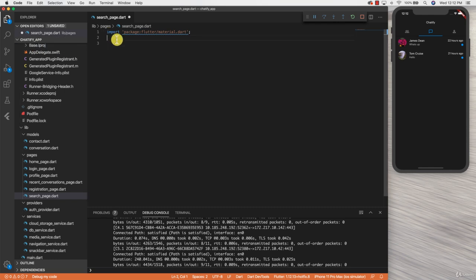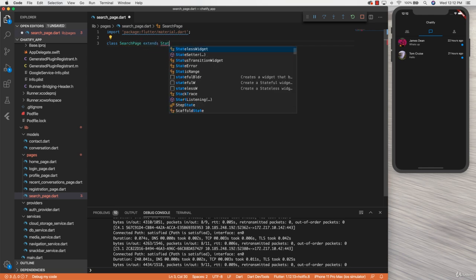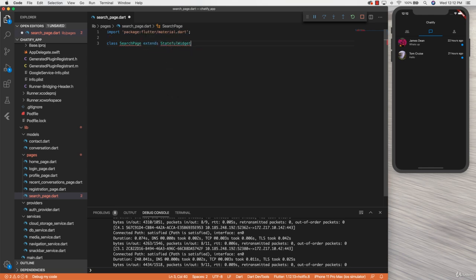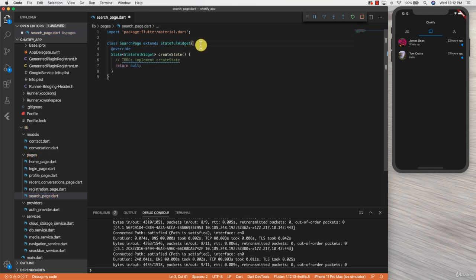I'm going to define a class, and this class is going to be called SearchPage, and it's going to extend StatefulWidget. Then I'm going to create the createState method inside of our stateful widget class. I'm going to remove this comment. And then we can now proceed to creating our corresponding SearchPageState class, and this is going to extend State